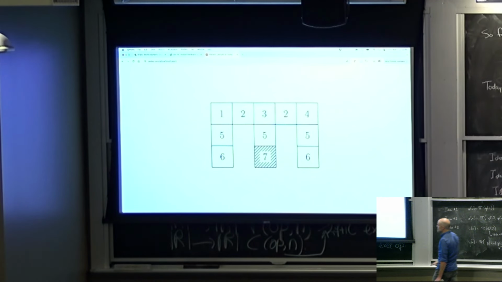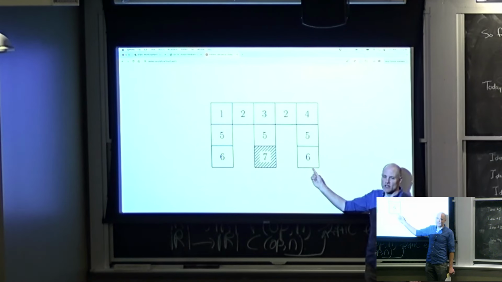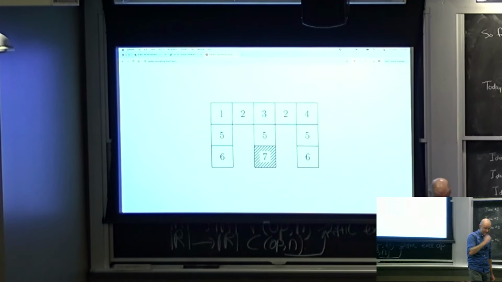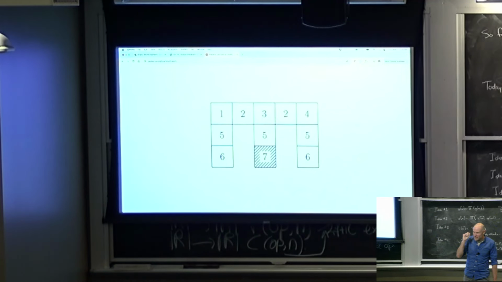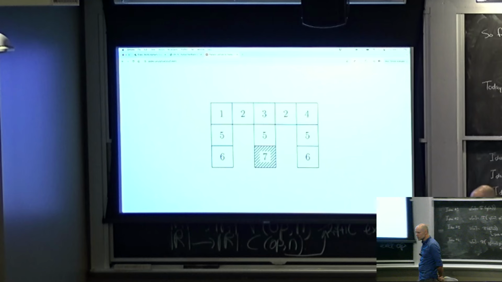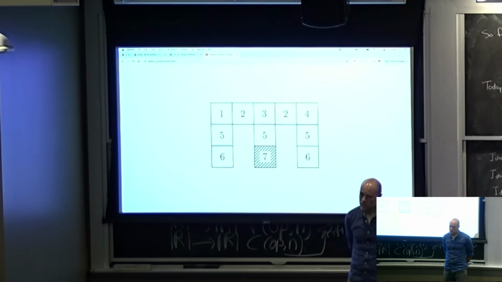So that would take 11 numbers. This one, it turns out you can do in 7. I think 7's the best, but I'm not going to make you figure that out. If you really try to pack it in and you only care about being optimal, not navigating everywhere, then I think you can do it in 7. That's not important, but sort of funny to think about, like, what is the goldfish's